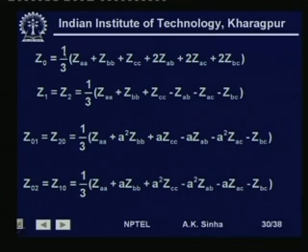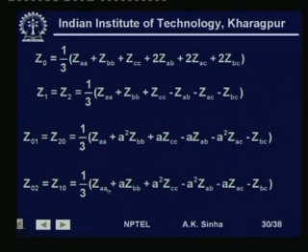and if we do all this multiplication, then we get Z0 is equal to 1 by 3 (ZAA plus ZBB plus ZCC plus 2 ZAB plus 2 ZAC plus 2 ZBC). Z1 will be equal to Z2 will be equal to 1 by 3 (ZAA plus ZBB plus ZCC minus ZAB minus ZAC minus ZBC). Z01 will be equal to Z20, and this will be equal to 1 by 3 (ZAA plus A square ZBB plus A ZCC minus A ZAB minus A square ZAC minus ZBC),